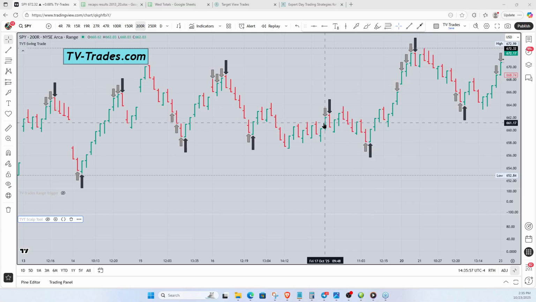If it's pointing down, it's basically saying if you get a down close on the next bar, it's going to be a trade. If you get multiple gray arrows in a row like that, that's because you never got the down close. This is saying if you get a down close on the next bar, no down close, no down close. There it is, down close, trade. Okay.